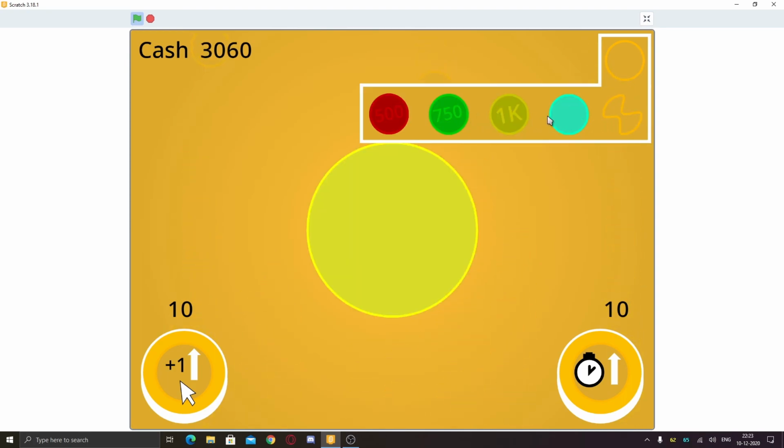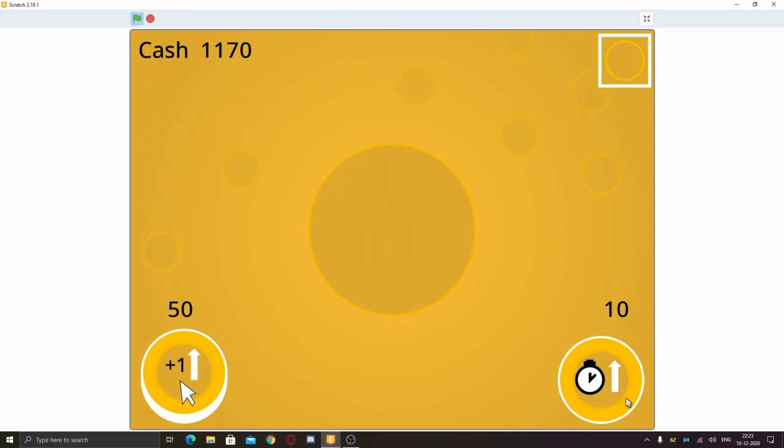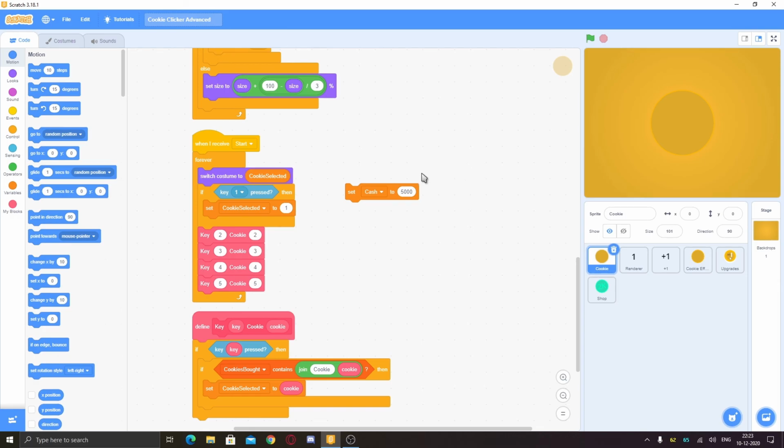And here you can see we have a working shop now. I can just buy any of them, and the upgrades are working too. So in the next part, I think we should make the shop better, looking better, and do many different functions. And we can also make a new shop. So stay tuned for that and for this tutorial.